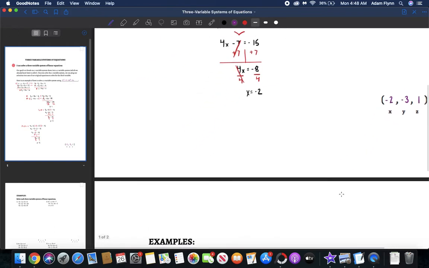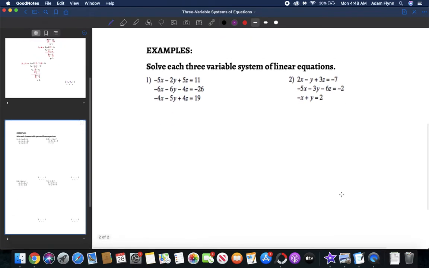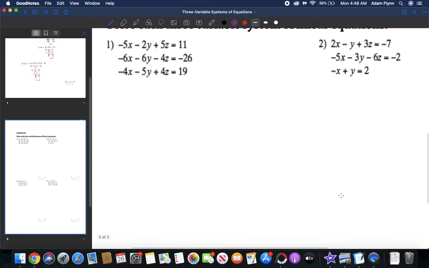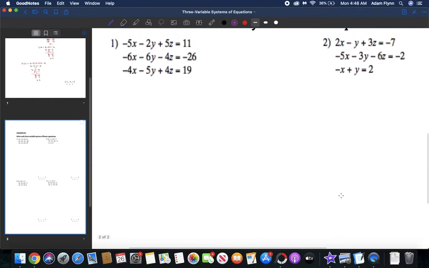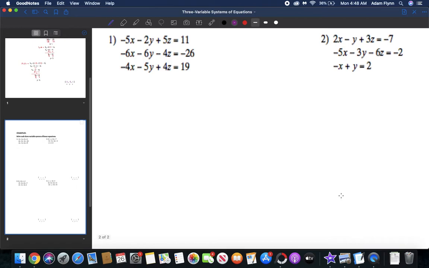Okay, let's move on to some more examples. All right, so taking a look here. We need to pick a variable to eliminate. So, I don't know, let's try to eliminate our z's, because we can already do the bottom 2 equations and we'll be all set. So, to eliminate our z's,